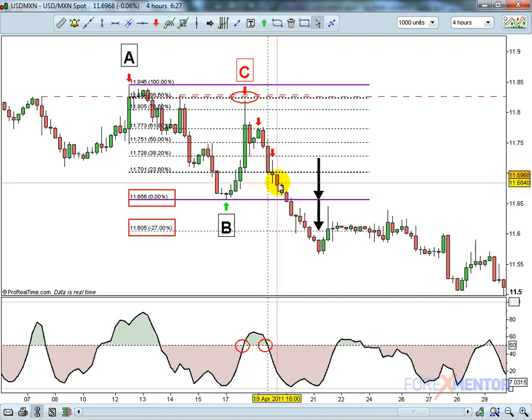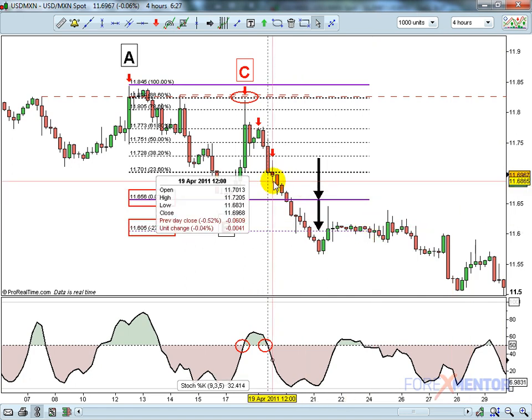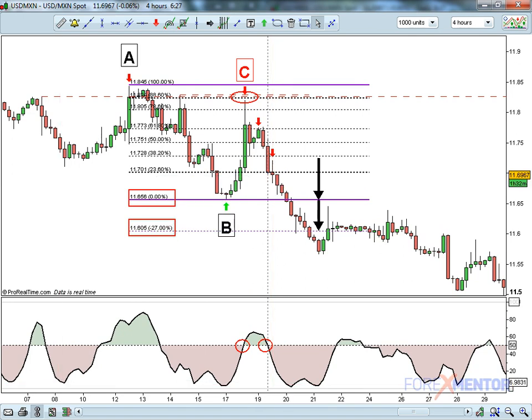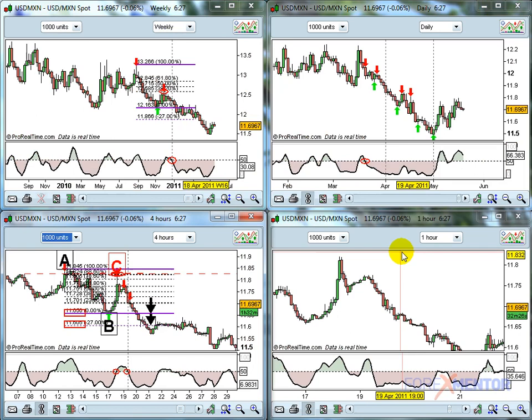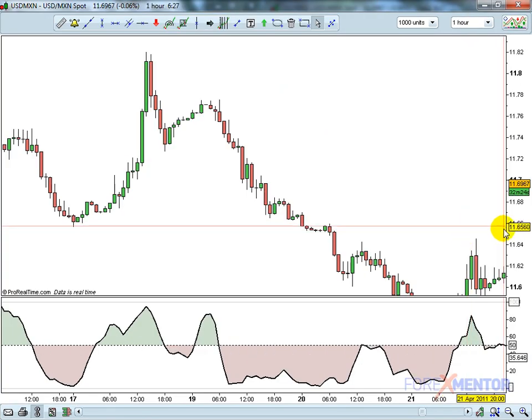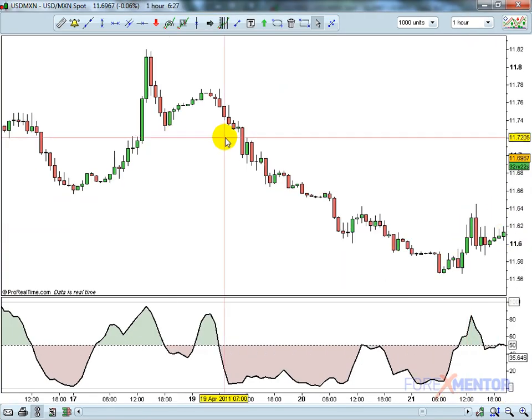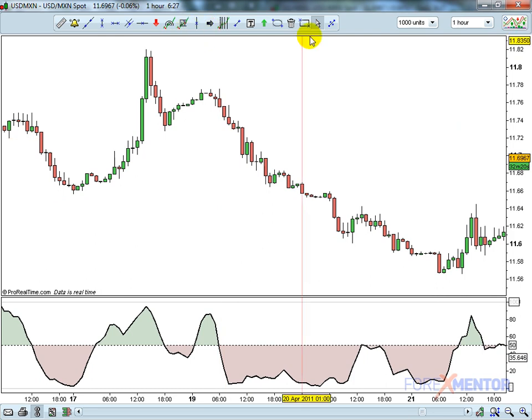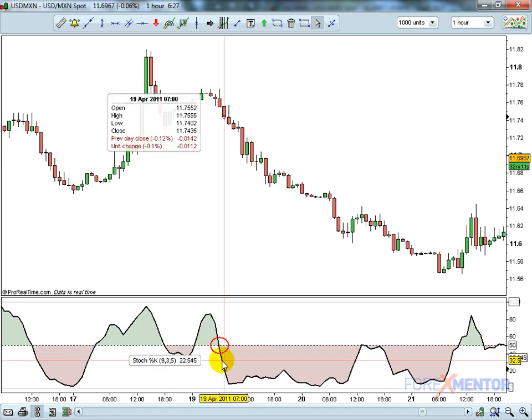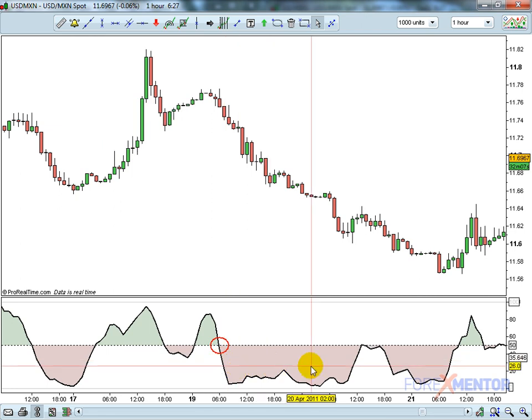Okay, so then what we do is, again, as of 12 p.m. GMT on the 19th, we're going to drill down to the hourly chart, 12 p.m. or after on the 19th. Drill down to the hourly chart. Now, as it turns out, stochastics had already given us a bearish crossover in the background well ahead of time. It did so on the close for 7 a.m. So 5 hours ahead of that triple screen reading, the hourly chart was already bearish,